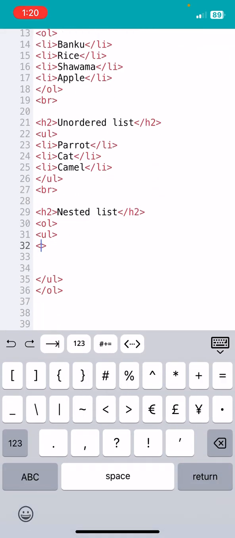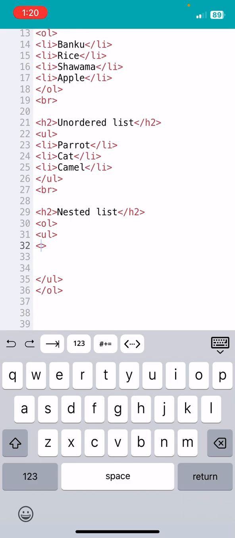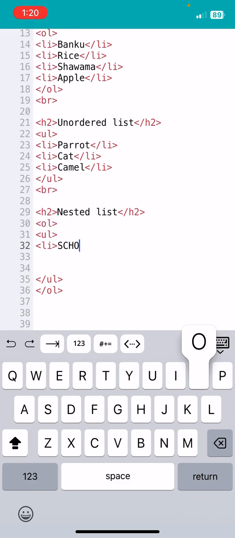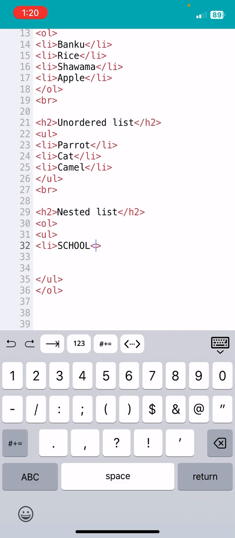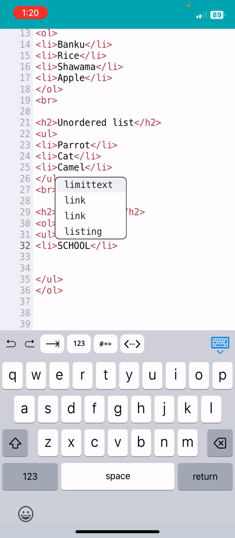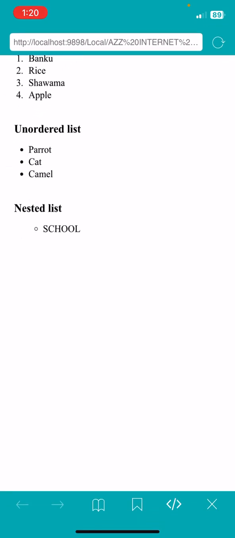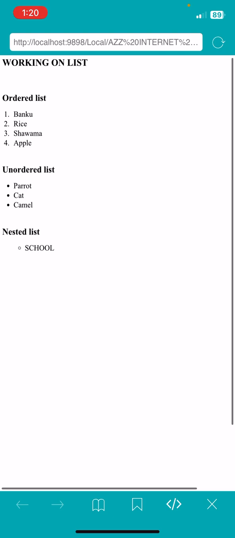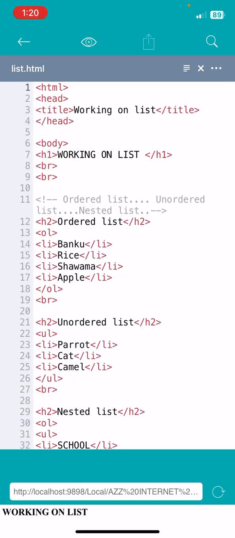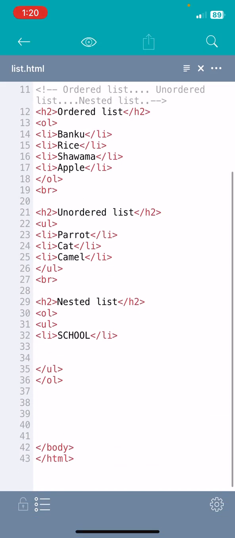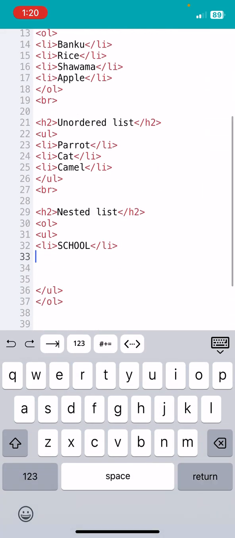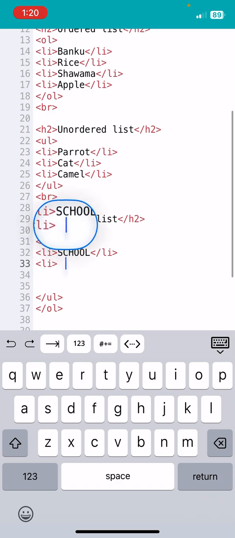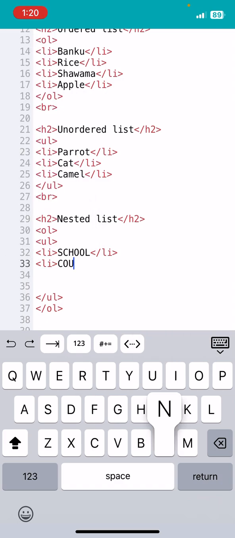So now let's go back and then let's put the list item. List item is the things that you want to put inside your list. So let's say list item 1, let's say school, okay. And then let's close the list item and see. You see how it appears as school, but you see the position now. So let's put another one, and let's say the second one, list item, let's just say maybe country,